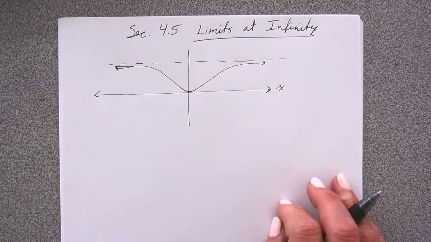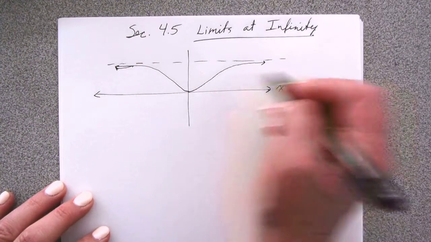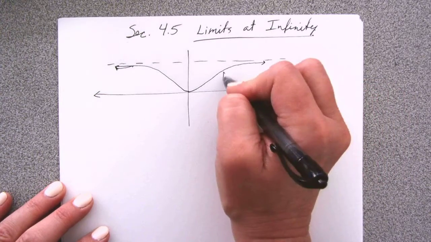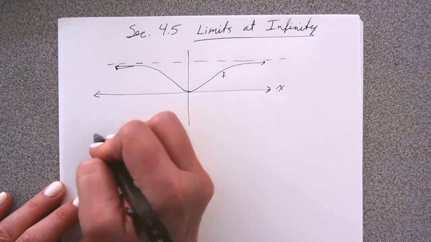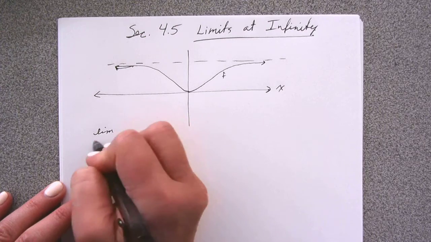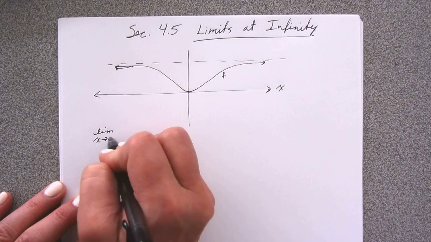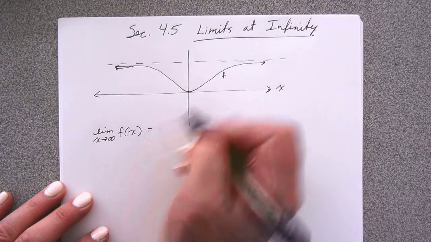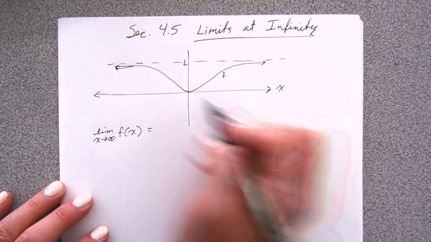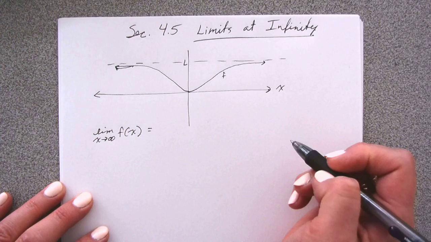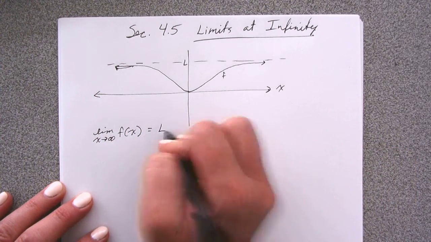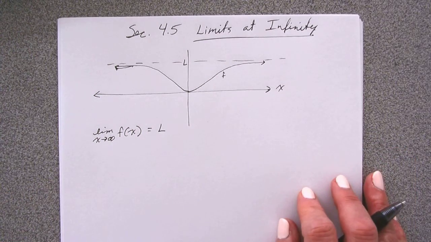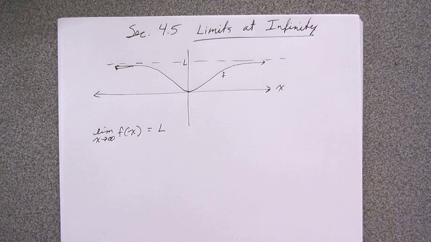Okay? So when you're looking at a horizontal asymptote, if this was the function f, we would say the limit as x approaches infinity of f of x would be whatever this y value is. So it would be equal to L. So the way that we define that formally,